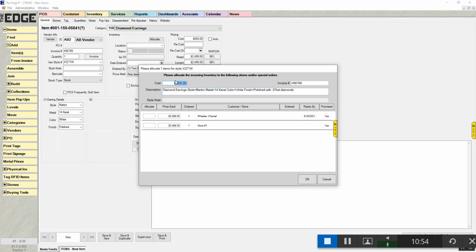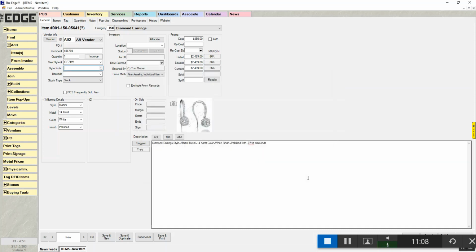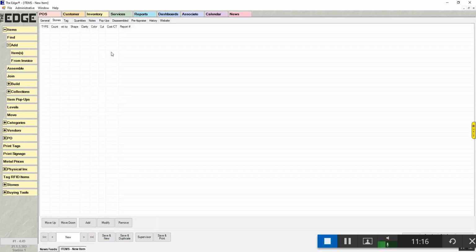It comes up with the cost and description from the special order, and it still wants to know: are you giving it to Chantal or are you putting it into the store? So I'm going to allocate the one that I have to my special order. Once this item is here and I've got all my details in, including all of my stone information,